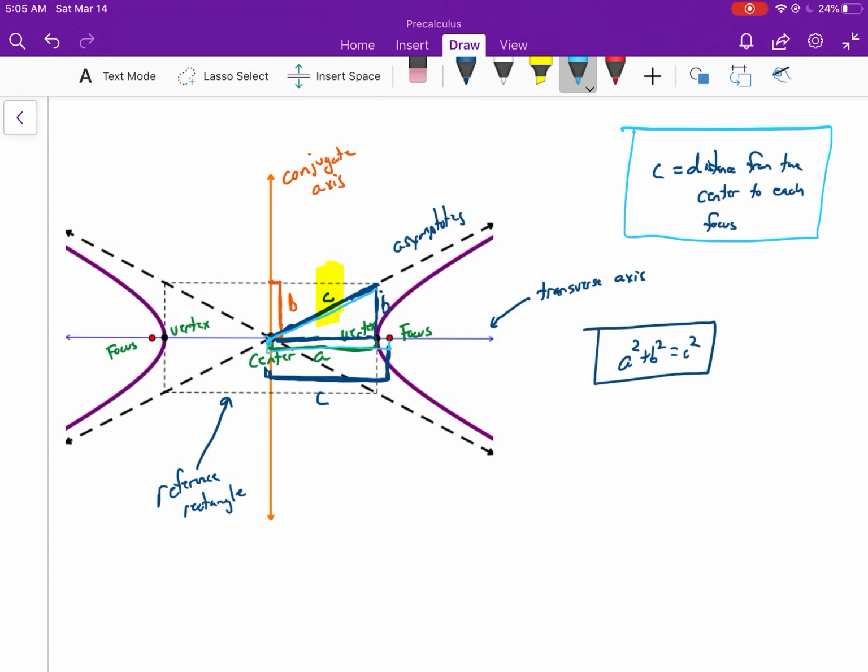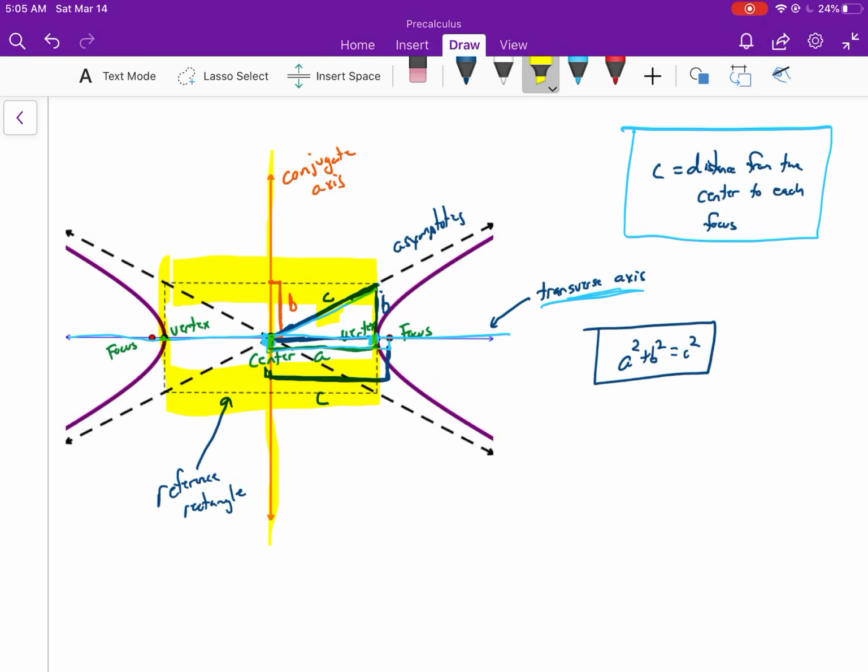Also, we have the center, we have our vertex, or the endpoints of the transverse axis, and the transverse axis is the one that crosses through the hyperbola. It hits the hyperbola at its two vertices. And then we have the other axis here, the conjugate axis. That is the one that doesn't touch the hyperbola, but it's still an axis of symmetry, so that's called the conjugate axis. We see the reference rectangle is what is used to help us find our